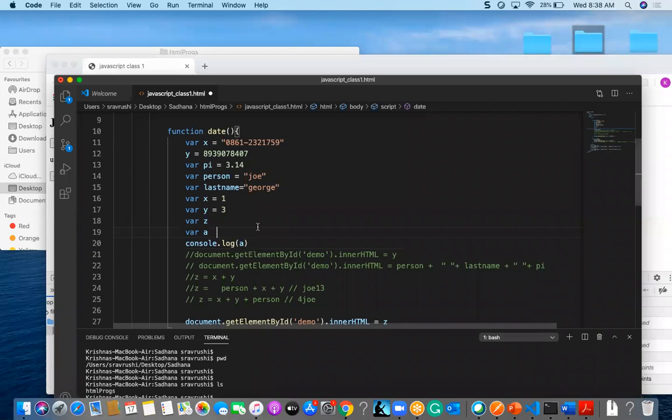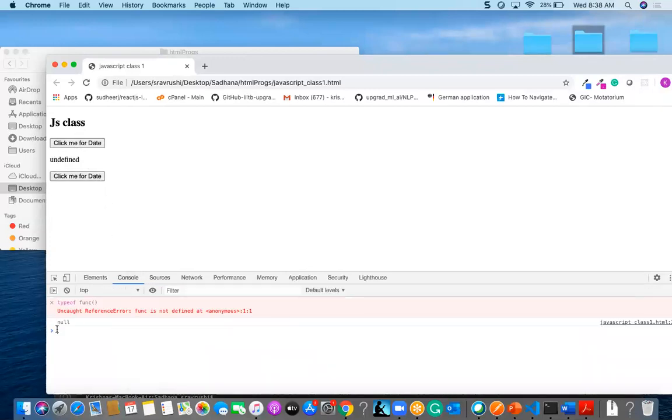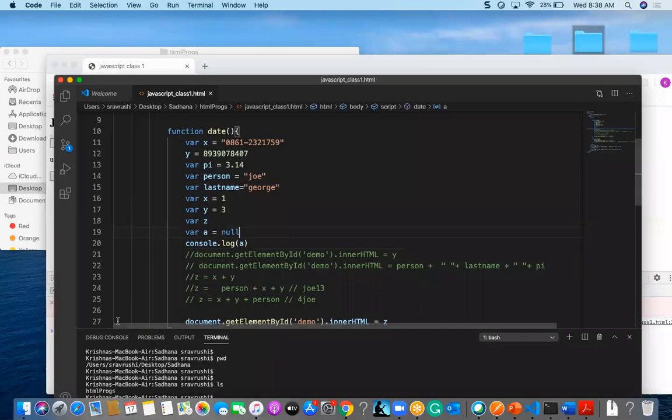If we give that value as null, then only it will take the value as null. Null is something like it is having some data, but the data is there and not there. It's like some data exists, but the value of the data is null. Undefined is a thing which is not yet defined, not at all declared yet.